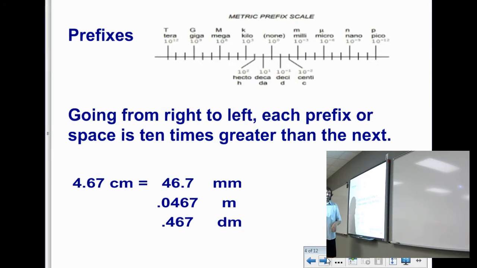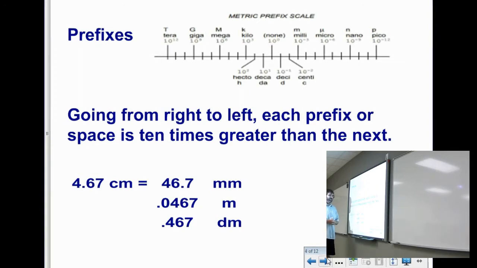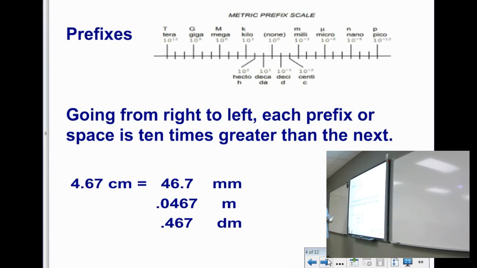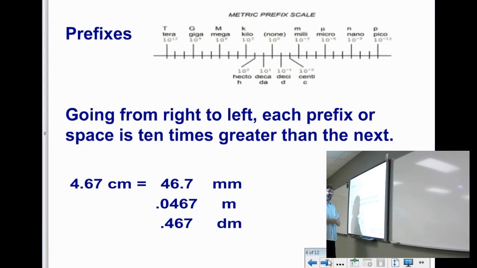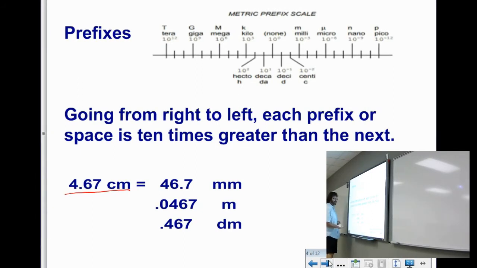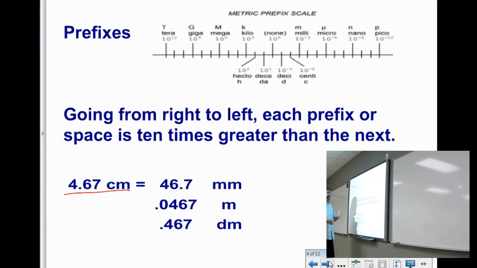But what we're doing in our lesson today is using the metric system for its prefixes. So we have those base units, but the metric system also has prefixes to those base units. And we go from the right side of the metric system to the left side. Each prefix is 10 times greater than the one to the right of it. So for example, if I go from centi to milli, the prefix centi is 10 times larger than the prefix milli. If I measure something that is 4.67 centimeters, but somebody wants me to record that answer in millimeters, I would